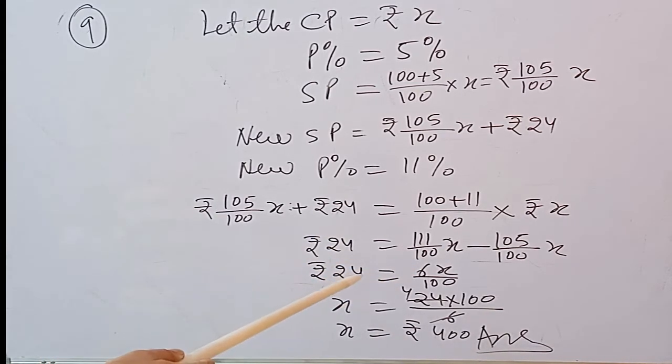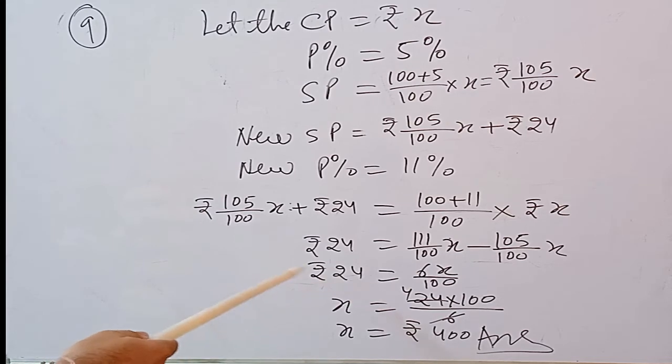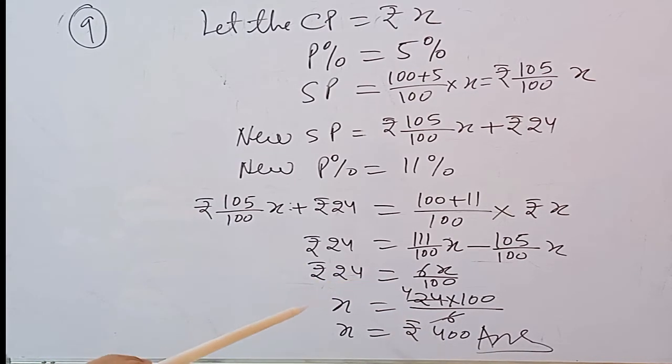Now change it. So we will take the 100 and multiply in the numerator, and the 6 in the denominator. So we will get X equal to 24 into 100 upon 6. 6 4s are 24 and 4 into 100, that is rupees 400. So cost price of the watch is rupees 400. So in that manner you will do the question number 9 of the exercise